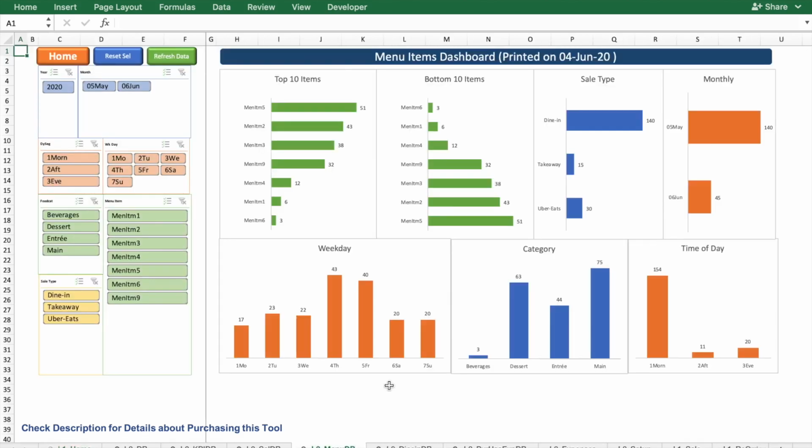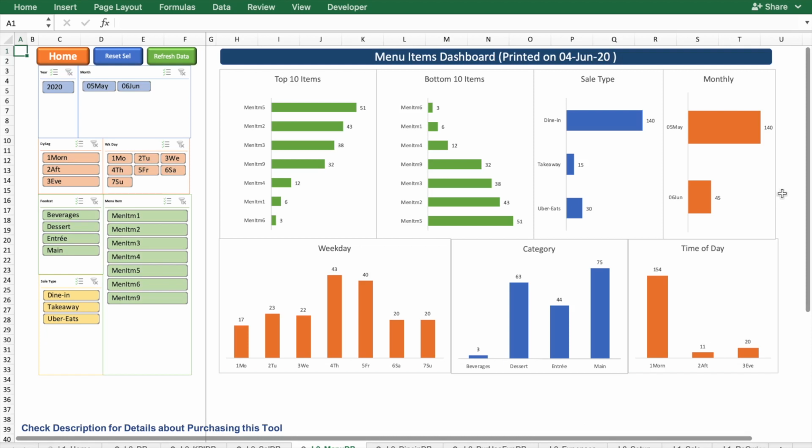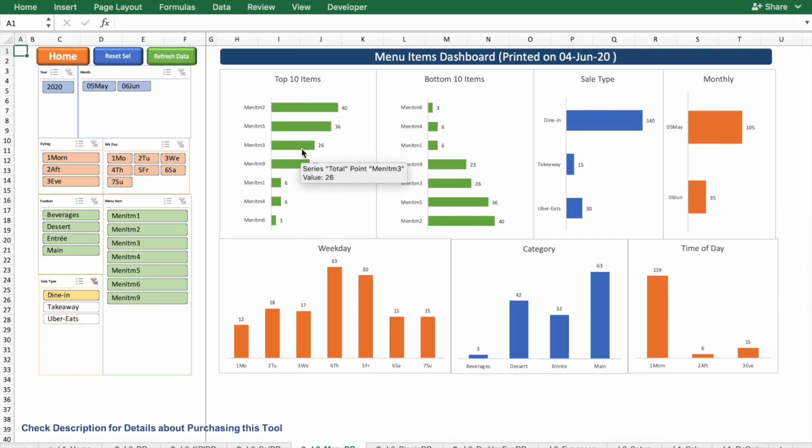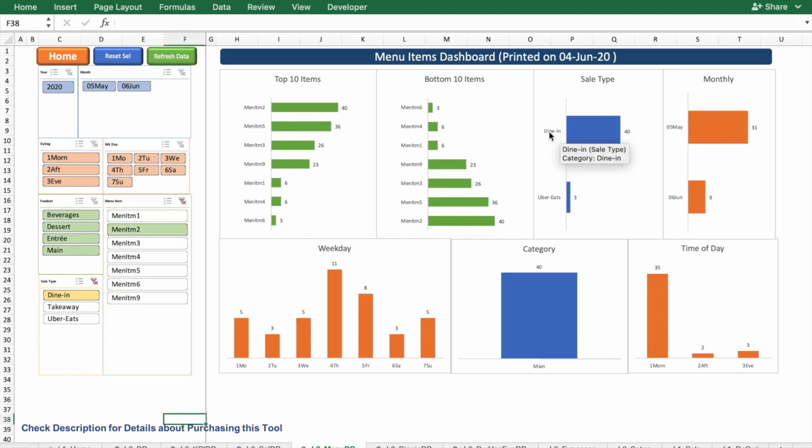This again has a similar structure to the other sales dashboard, where on the left the user has the option to select variables, and on the right you get some information. So let's say now that my top item is the menu item 2 and I wanted to see the performance specific to that item. The user can then select menu item 2. It will show me how it is performing from dine-in to, let's say, another platform of sale, and what the weekday performance in quantity is for that item.